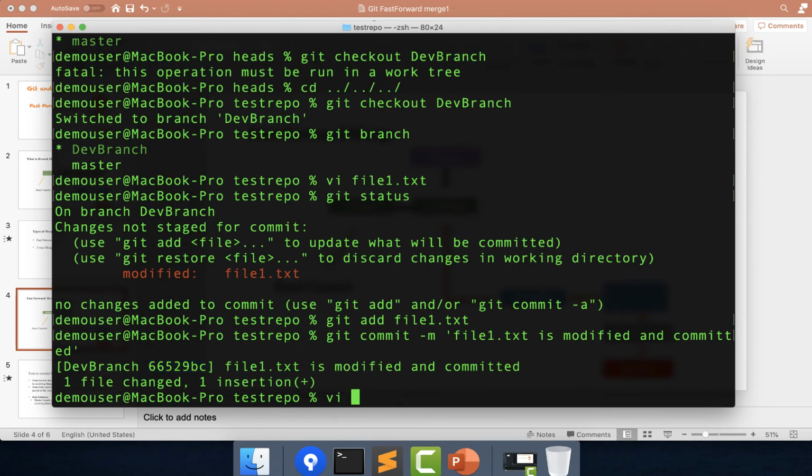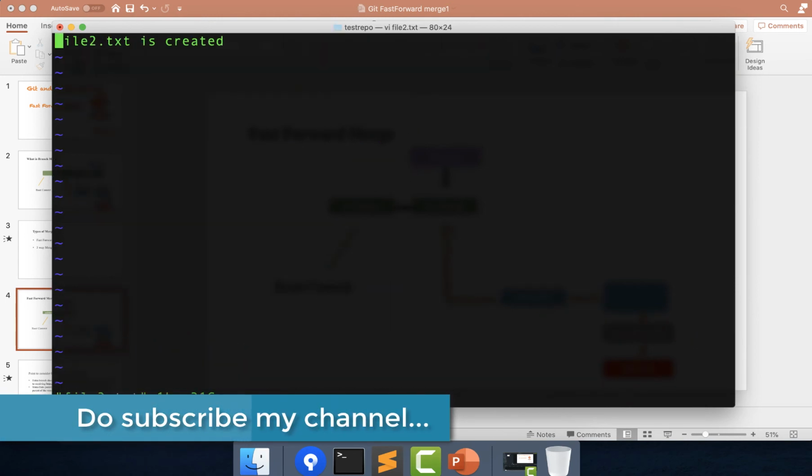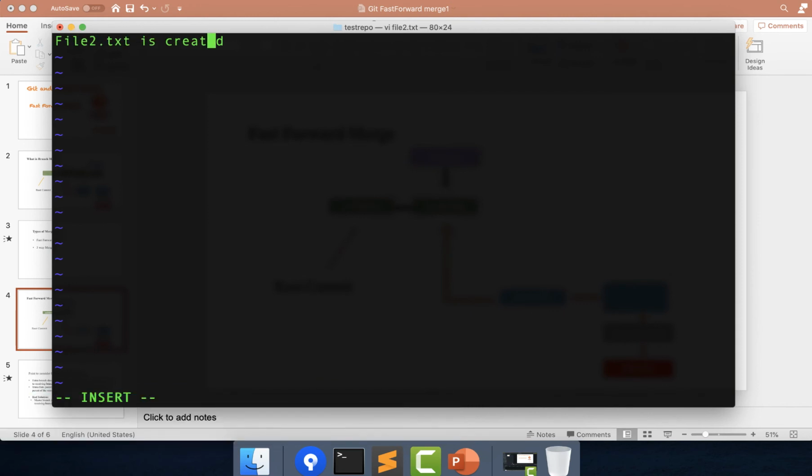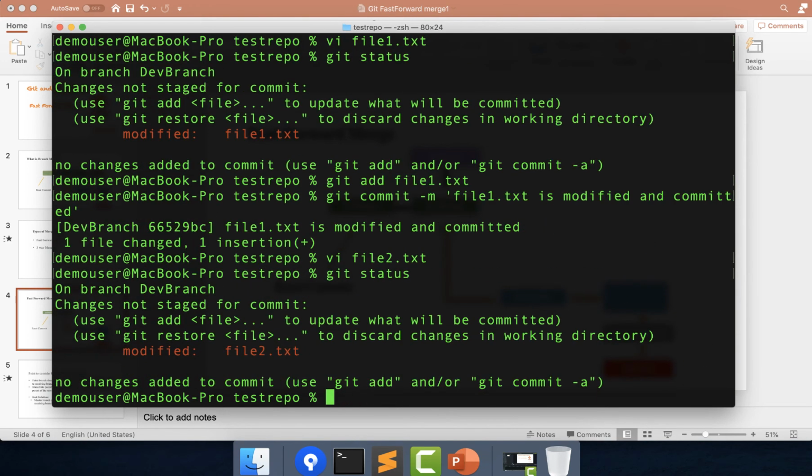I will again modify file 2.txt, and type some content in the file. I will say file 2.txt is modified, and I will save it. Again I will do git status, and you can see it is modified.